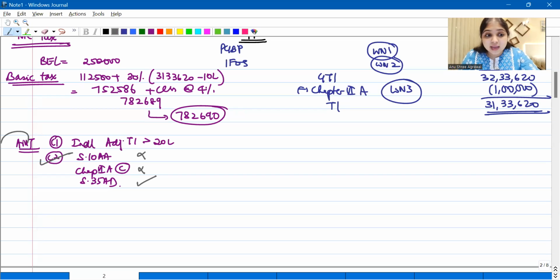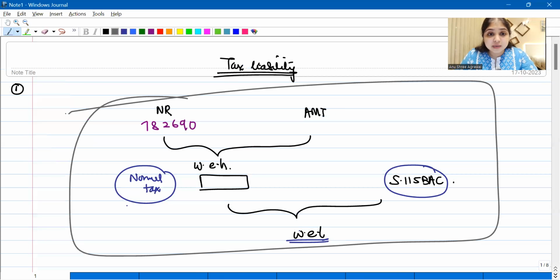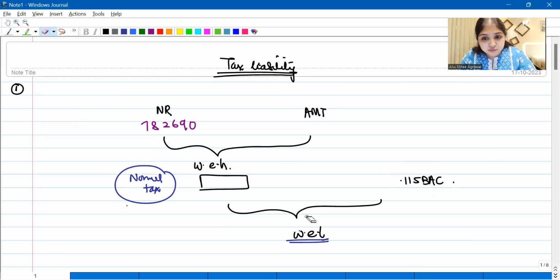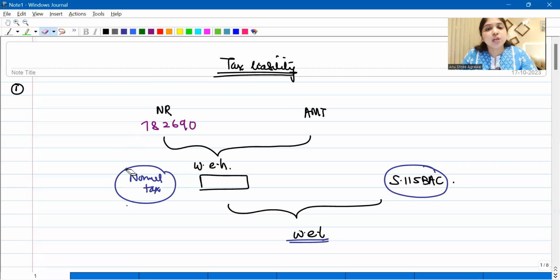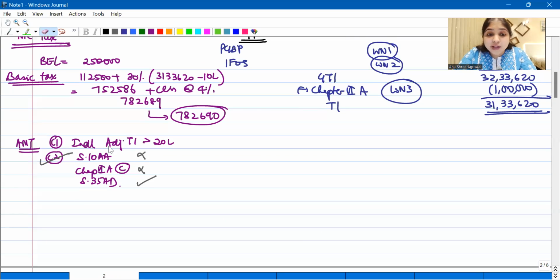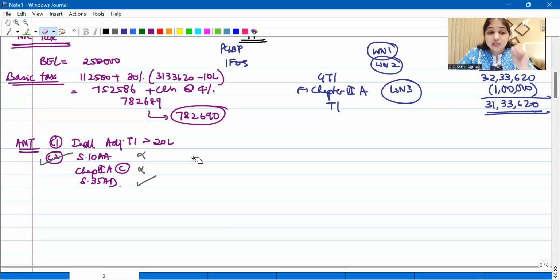Guys, are you noticing in the examination for many of us, AMT will not even strike our minds. But now, you should remember this chart. Whenever you do tax liability calculation, you should always follow this chart. If they don't ask you about 115 BAC, you will stop here. If they ask you whichever is most beneficial, you will do the whole thing. You should always think about AMT. Are you noticing how cunning, nowhere in the examination have they even written about AMT. But AMT is actually applicable here. So please be careful. Whenever you come to tax, you always have to think about AMT.